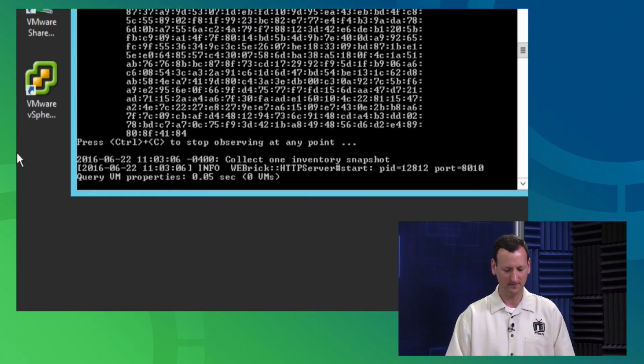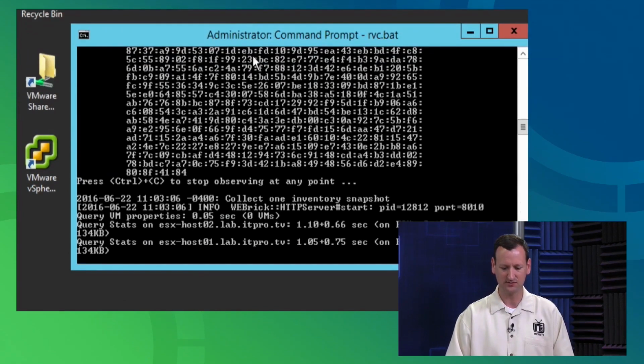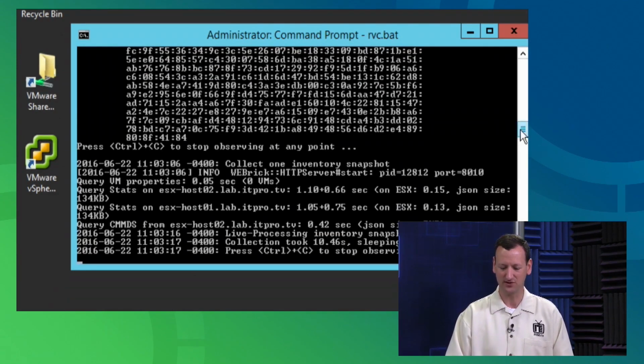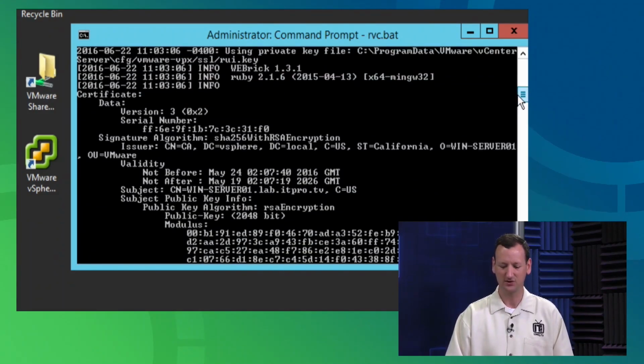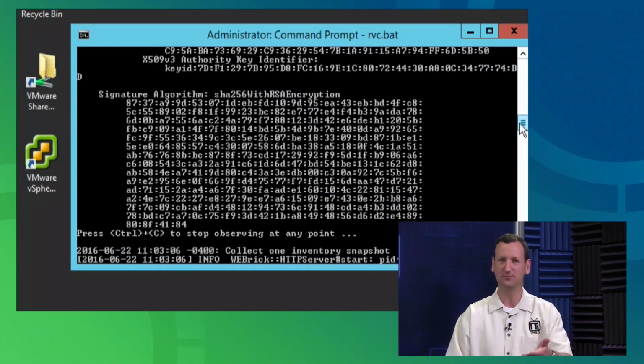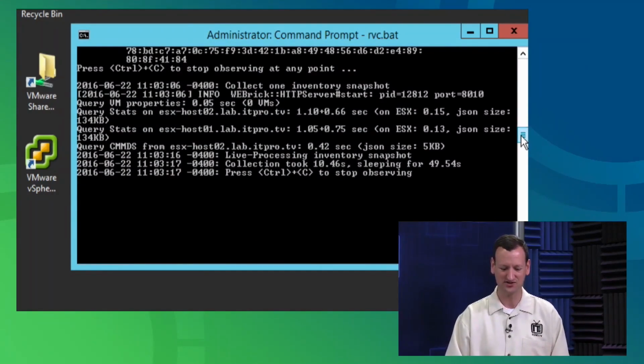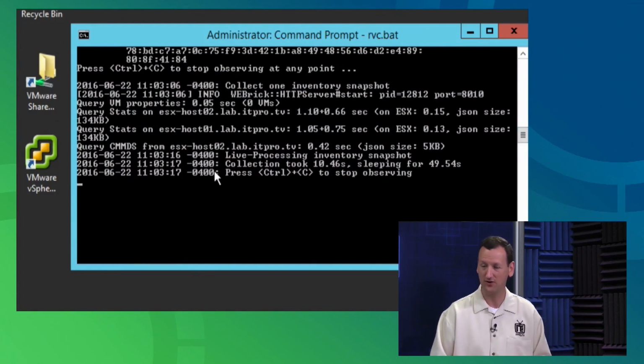And it's going to fire up, and looks like I've launched this one before. If you've never launched it before, it'll show you a certificate fingerprint and ask you to accept it. In my case, I've launched it before, so it's already got the fingerprint. So that's the certificate, the SSL certificate. So it's not asking me to accept it. If you get prompted, you just say yes, and then it launches. And so now I'm running a web server. It's running the vSAN Observer in the background, and it's ready for me to go and harvest some data out